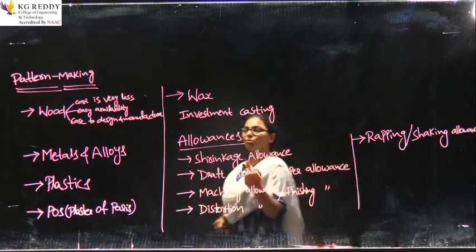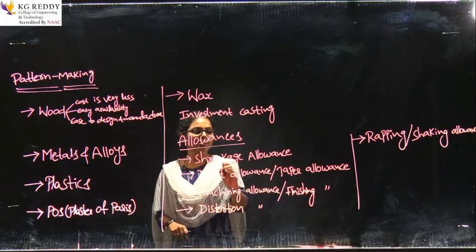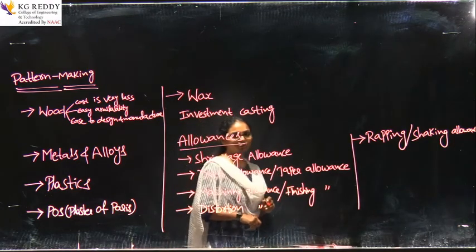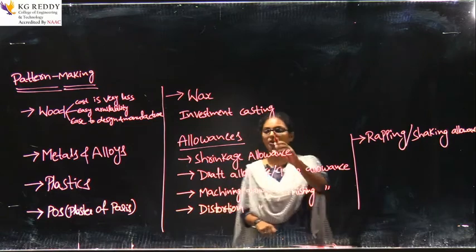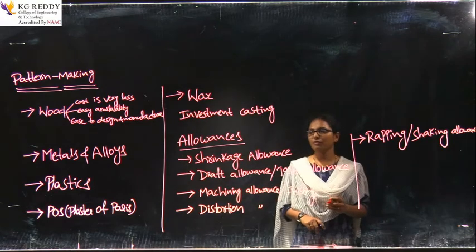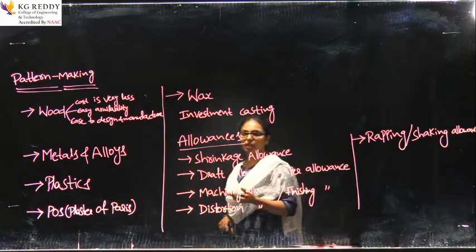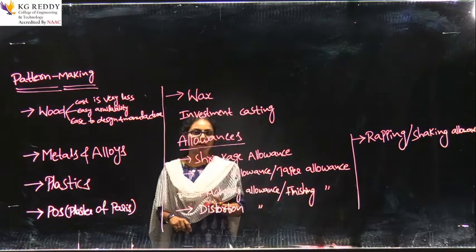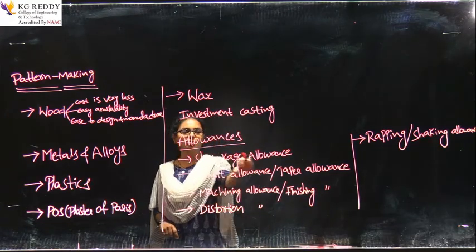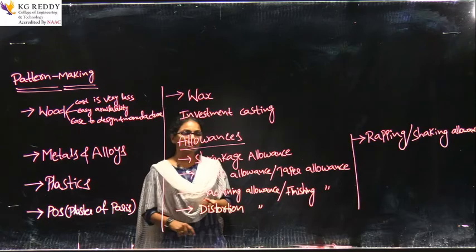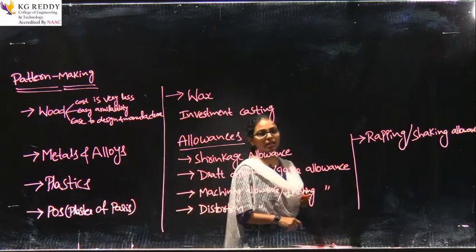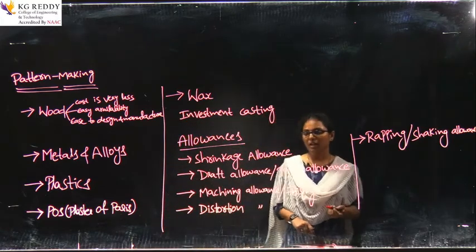Based on that, we have to add the additional allowances, because in this casting process we are completely melting the material from one state to another state. So, during the solidification time the material will shrink. It is completely based on the type of material. So, before making a pattern we have to consider the shrinkage allowance, because if we do not consider this shrinkage allowance we may not get the accurate size of the casting. To avoid that we have to consider shrinkage allowance before making a pattern, then only can we get an accurate shape and size of the casting.